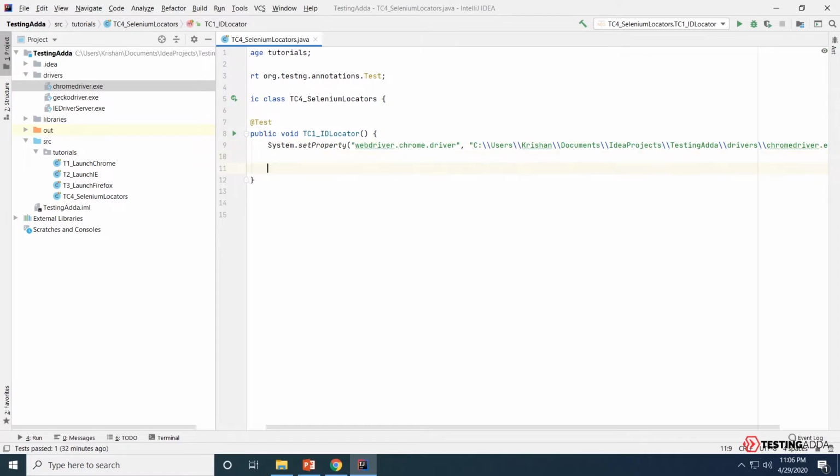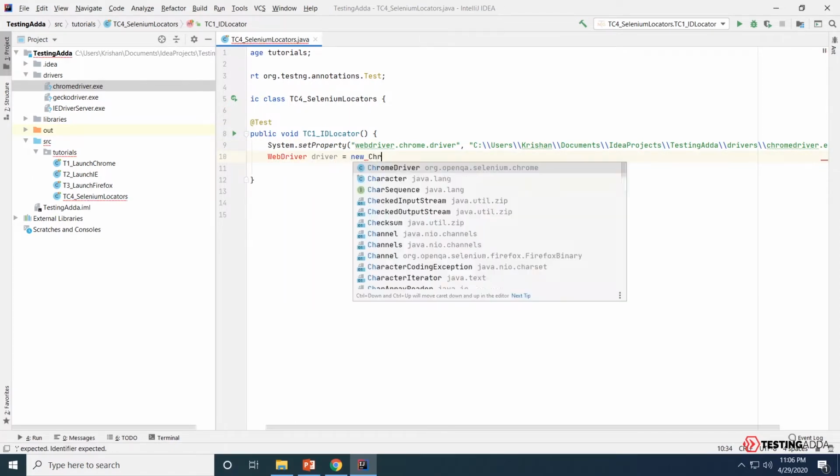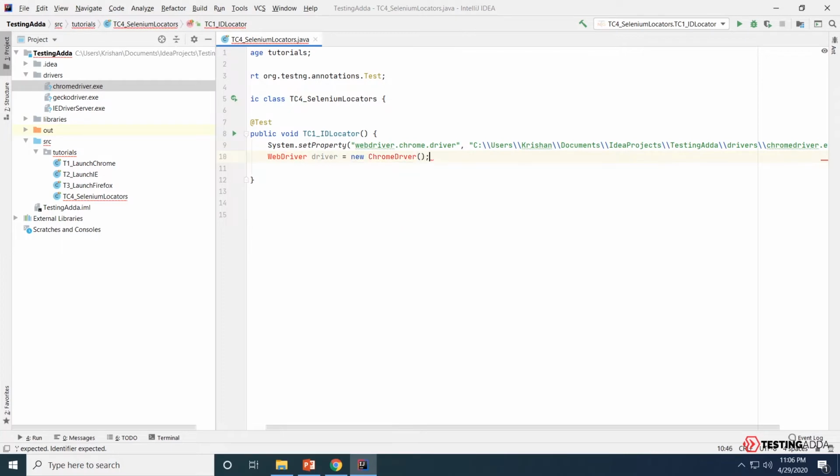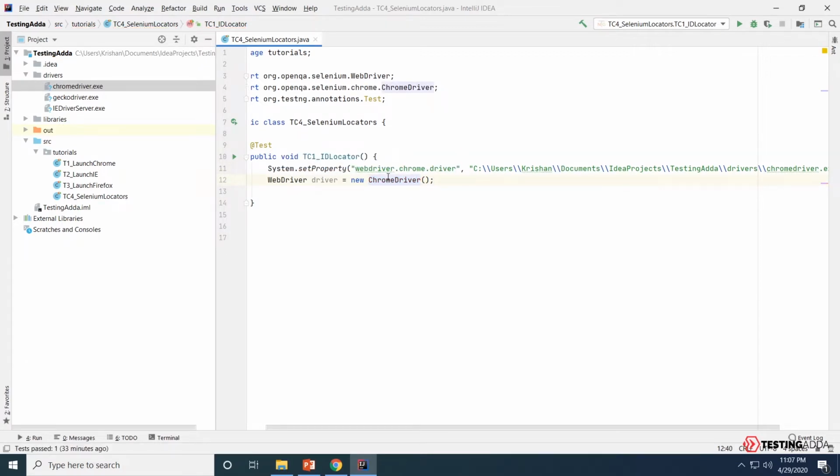We'll instantiate the Chrome driver using WebDriver driver equals new ChromeDriver. I'll import the WebDriver class and ChromeDriver class. Now this will return me a new Chrome driver instance inside driver.